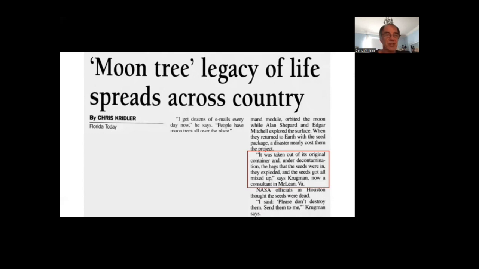Well, Stan Krugman said everyone was afraid that the sudden decompression had killed the seeds. But Stan Krugman said, no, just collect them all, send them to me, and let's see what we can do. Well, he got all these seeds, hundreds and hundreds of seeds, tiny, tiny seeds. He went through them and separated them by hand by species. And what they did then was they went and germinated them.